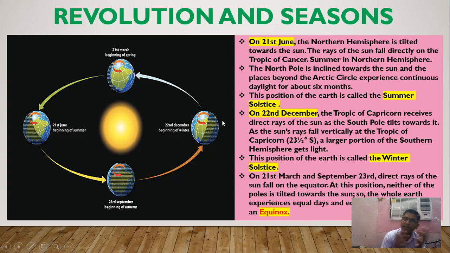हम सबको याद है कि दिसंबर में हमारे इंडिया में क्या होता है, सर्दियां, विंटर होती हैं, और जो सदर्न हेमिस्फीयर है वहां पे समर्स और नॉर्थर्न हेमिस्फीयर में विंटर होती हैं, स्पेशली इन द 22nd of December. 22nd of December, because our northern hemisphere is far from the sun, then हमारे वहां पे दिन छोटे और रातें